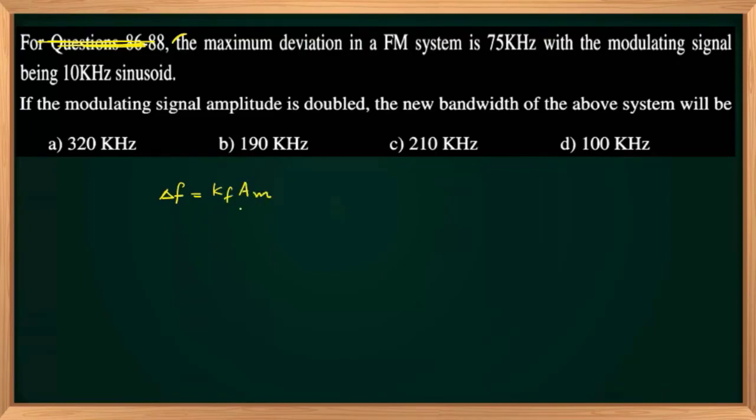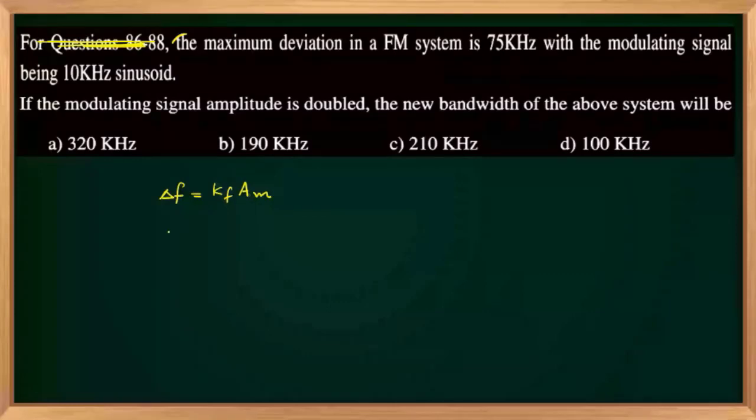When the modulating signal amplitude is doubled, delta f becomes 2 times the original value. So Am is doubled. Yes, the right answer is right. The correct answer is 320 kilohertz. When the modulating signal amplitude is doubled,